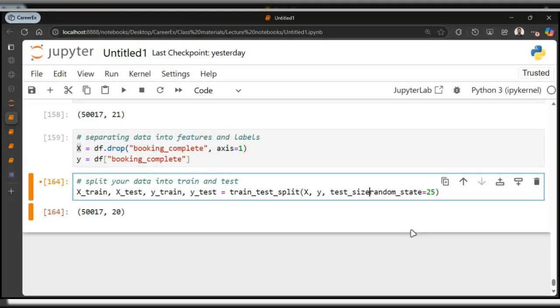You are the one that will decide on the test size to use. In this case, since we have 50,000 data, I can just use 10%. Even 5% is okay because I want to maximize the data allocated to my training set.